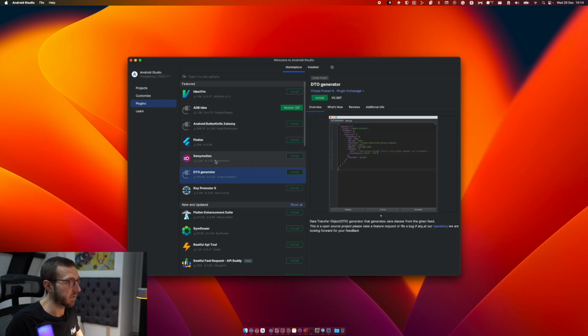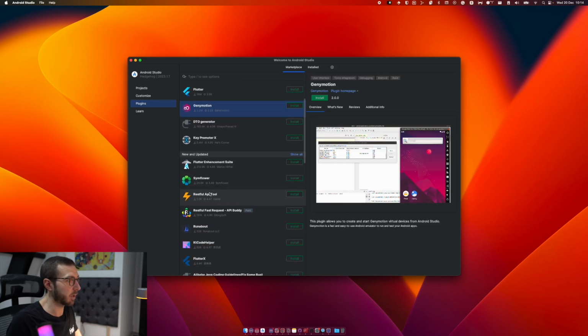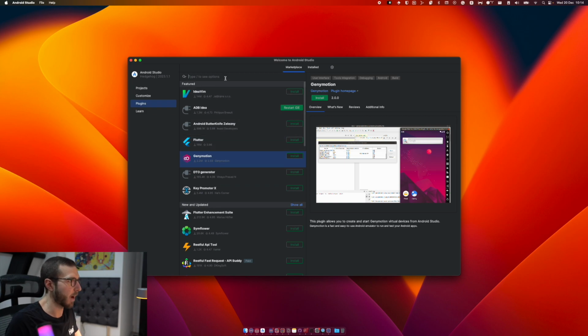Don't know if you want a DTO generator, Genymotion, but I usually don't use them, so I'm not gonna install them in my personal setup. What I usually do is change the build